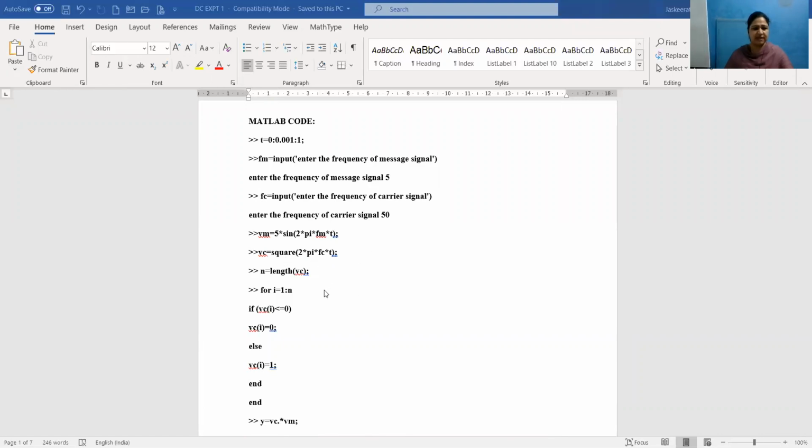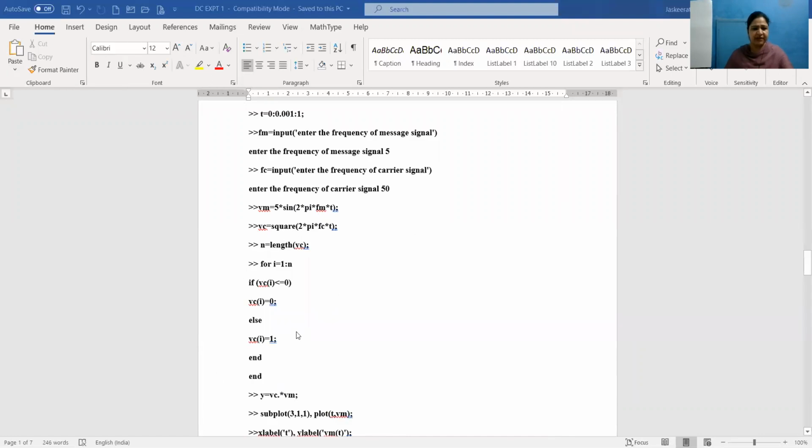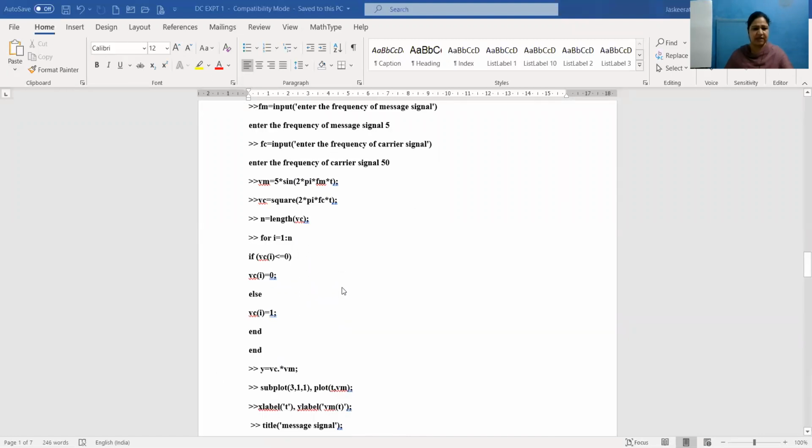In a square signal, the wave goes from high level +1 to low level -1, whereas for generating pulses there should be no negative value. The pulses should only go from 0 to high and come back to 0 level. So for generating pulses from a square signal, I'll use a loop for i = 1